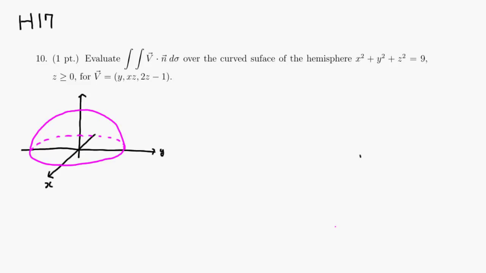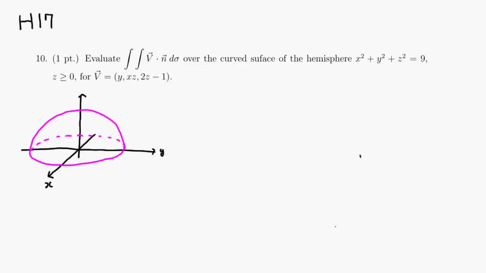Alright, let's look at homework 17, problem number 10. We want to evaluate this double integral over the surface of a hemisphere, and the vector field V is (y, xz, 2z minus 1). In order to use the divergence theorem, I'm going to add another surface so that we can